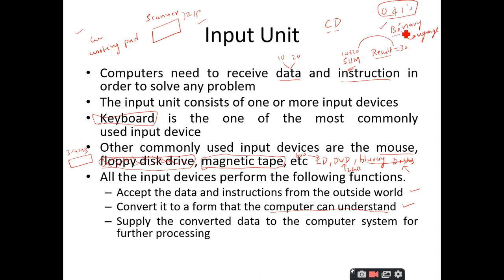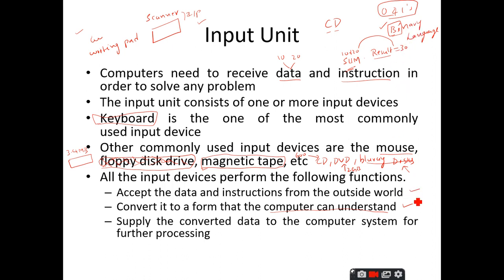Why is it called binary language? Bi means 2. We have only 2 symbols to represent anything. Anything can be represented with these zeros and ones only. That is the reason why we call it the binary language. So, the topic is clear, right? The computer language is otherwise called the binary language, because it has only 2 symbols to represent any type of data. You can represent anything by using a combination of zeros and ones.